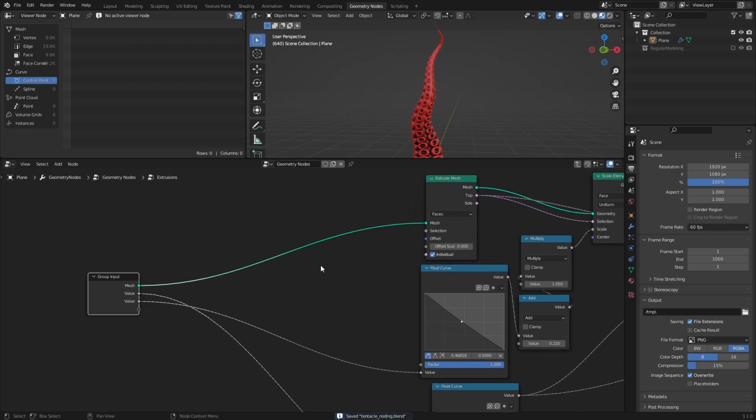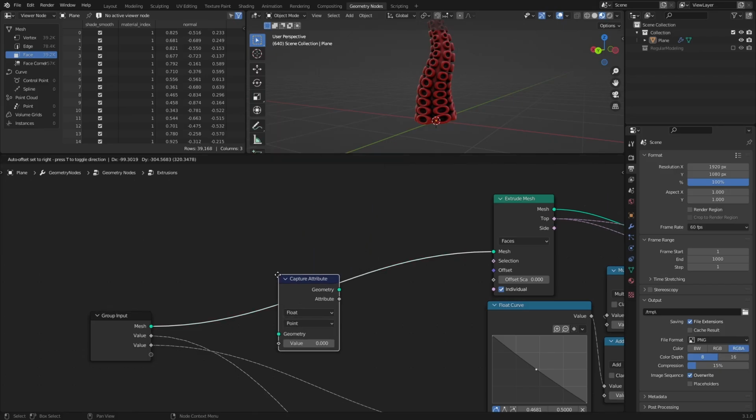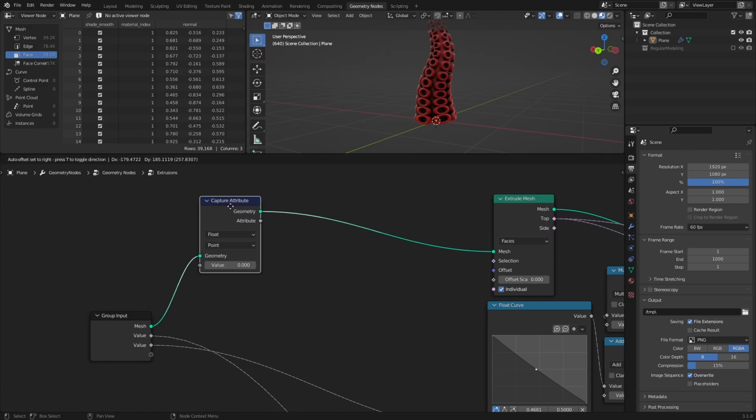I wasn't sure exactly in what order the indices of the faces were, but I suspected that they were ordered in a circular fashion like this, where the bottom row of faces go from 0 to 5, since the resolution of the curve profile is set to 6, with the next row after that going from 6 to 11, and so on. I decided to test my hypothesis by taking the index of each face with the capture attribute node, set to integer and face,